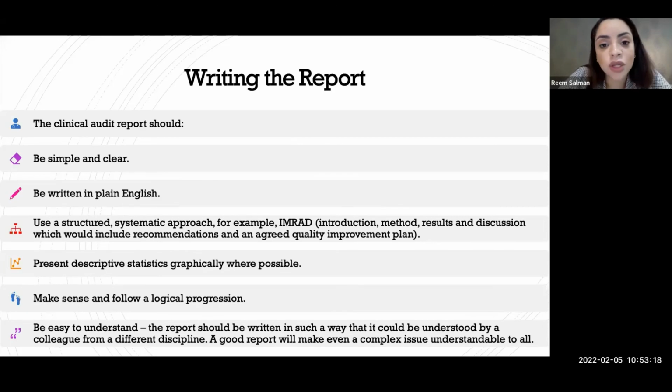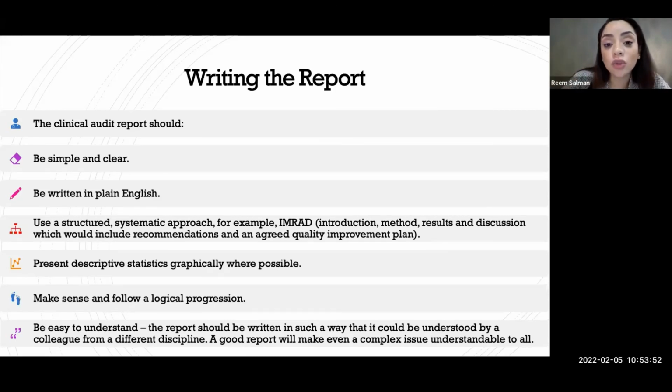So the audit department will give you a form to register the audit, and then they will ask you, when are you going to finish the audit in the form? And then they are going to email you afterwards to ask you, have you finished the audit? And if you finish the audits, they give you another proforma or another form to fill in the background of the audit, what standard have you used, and what were your aims and objectives, and how did you collect the data, what were your results, what was the discussion or recommendations, conclusion, and the plan of action, and the time of the re-audit. This is how detailed that form is.